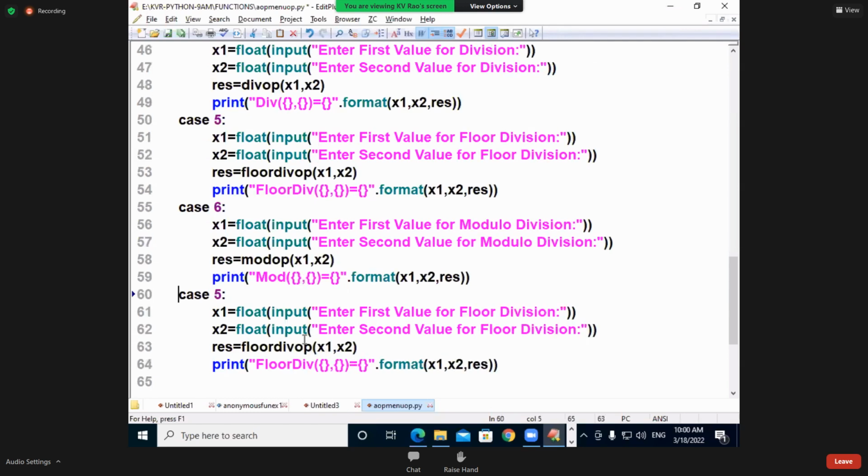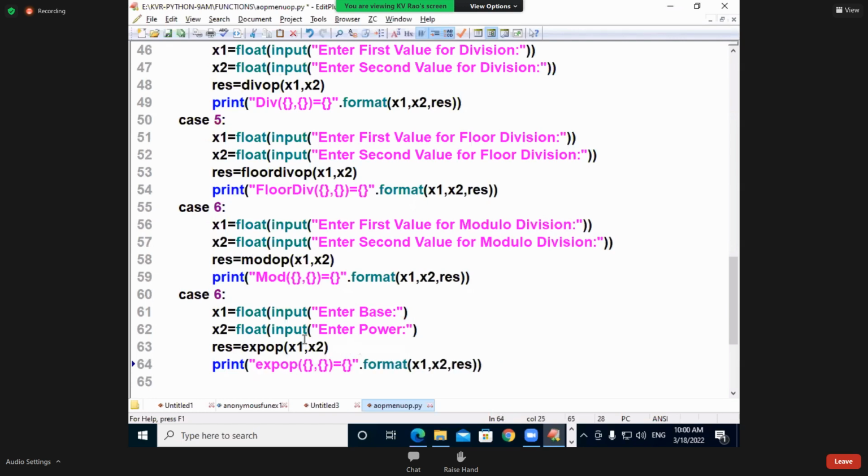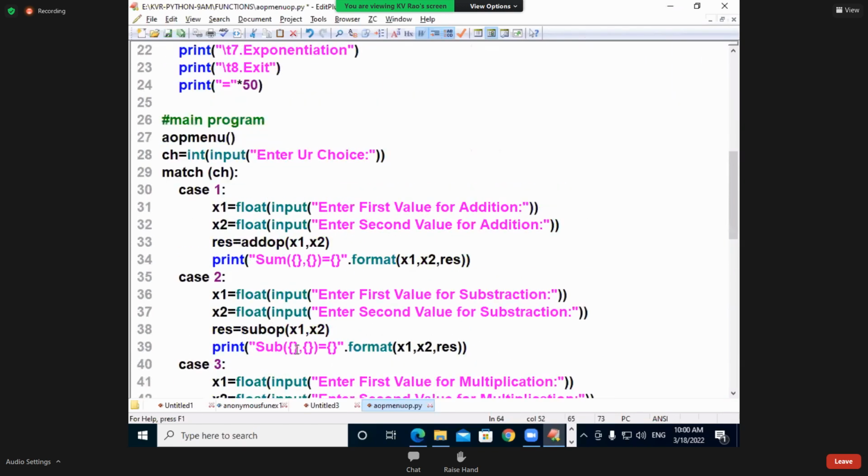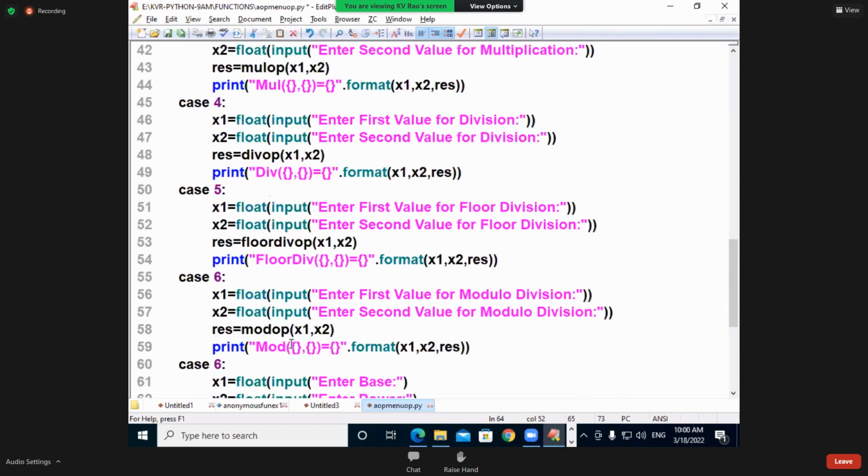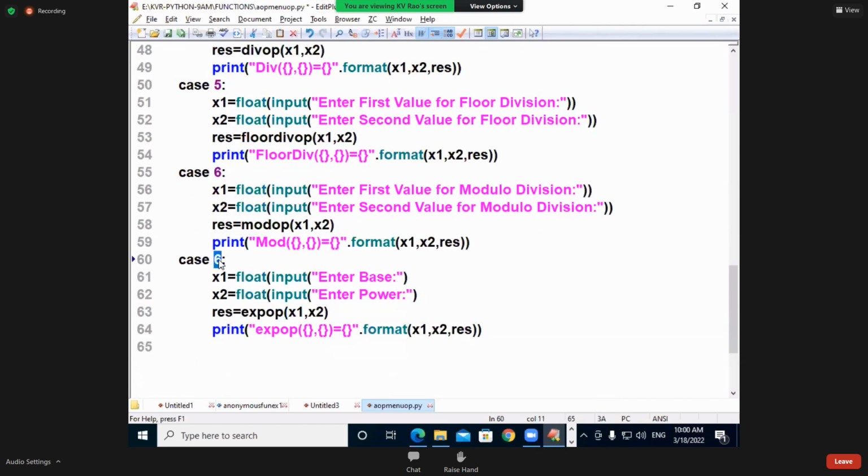Similarly, last and final exponentiation. What is this now? 6th. I say enter base and enter what? Power. Am I correct? Enter power. Fine. Say that, what is this now? EXP OP of x1 and x2. I say here EXP OP of like this, x1 comma x2 comma RES. So all these kind of things, I hope it is 7. And 8th, if I go for it, 7 this is. And if I go for the 8,